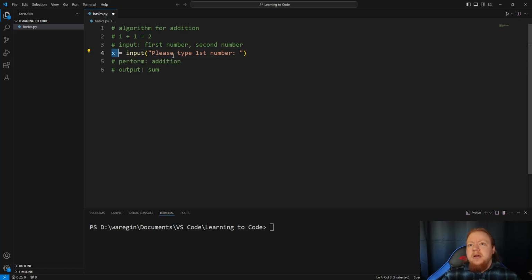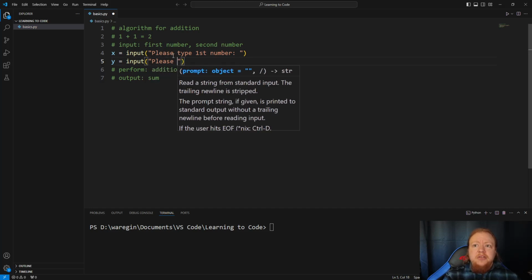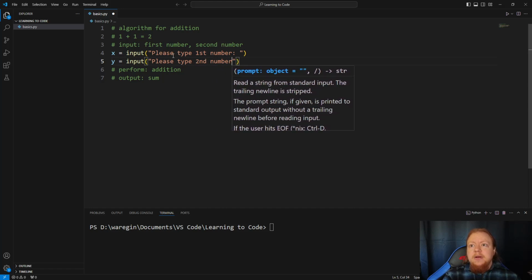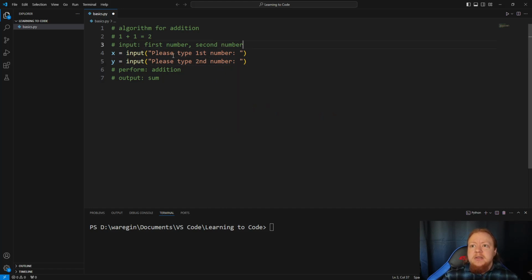And what you see here, this x equals, this is our first variable. All a variable is, is a way to hold a chunk of information. So in this case, we have a variable x to hold our first number, a variable y to hold our second number,